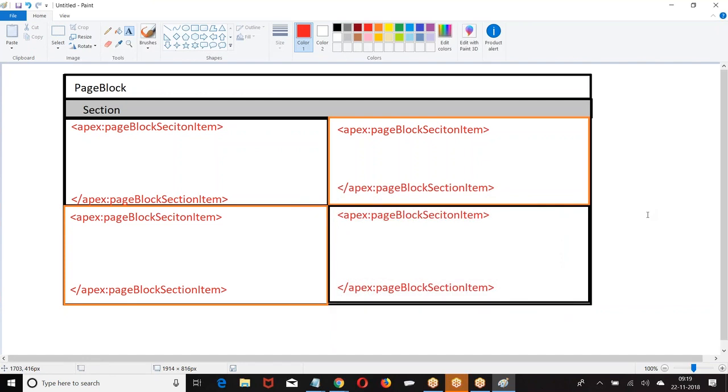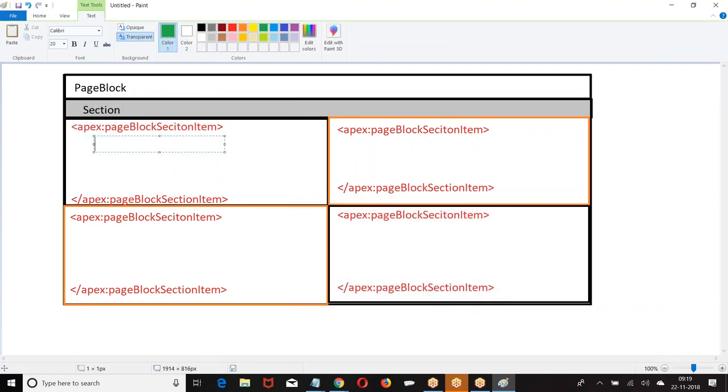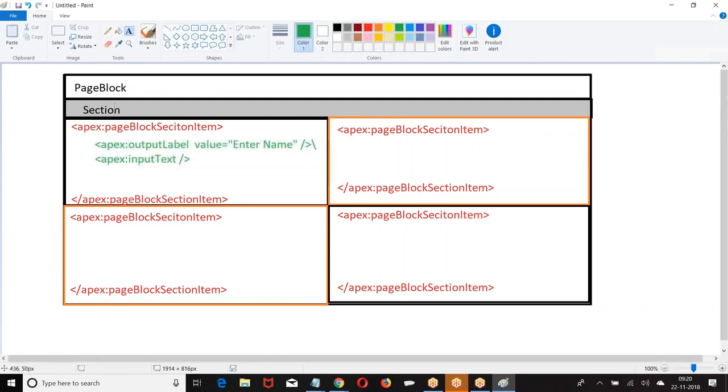In every column, one page block section item is printed. Now, within the page block section item, we can write a maximum of two elements, for example an output label and an input text.